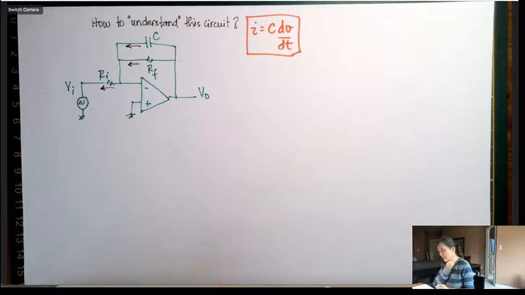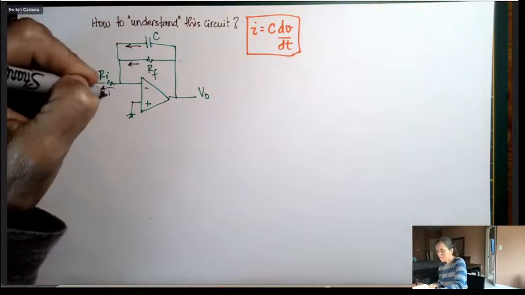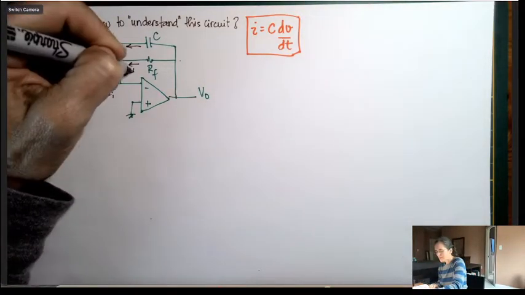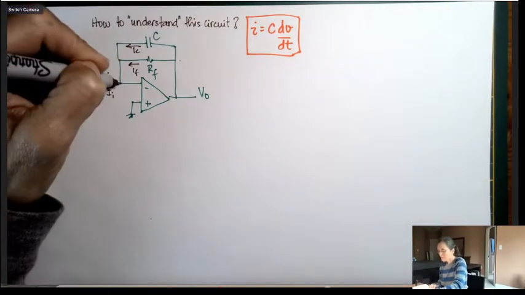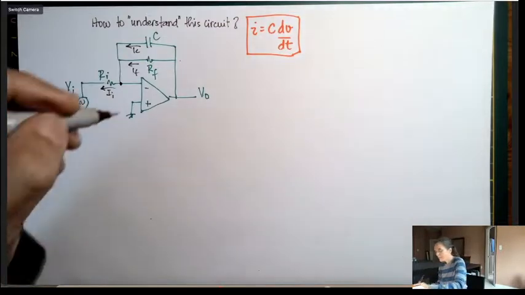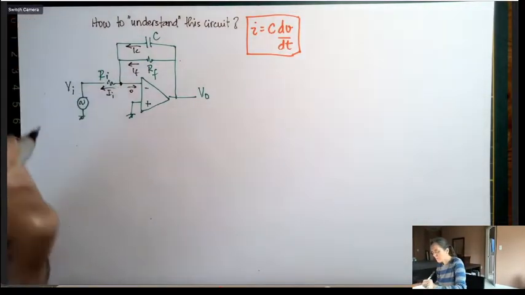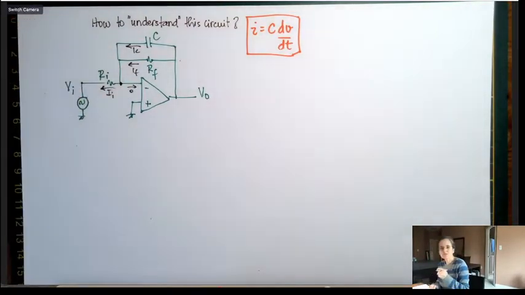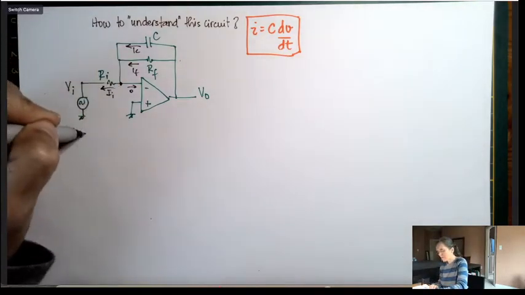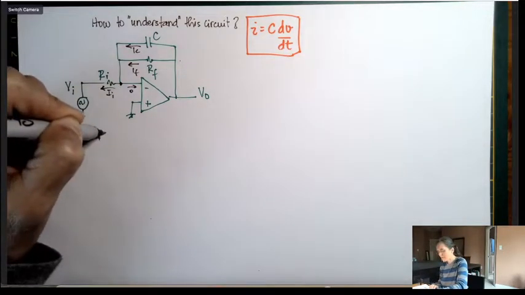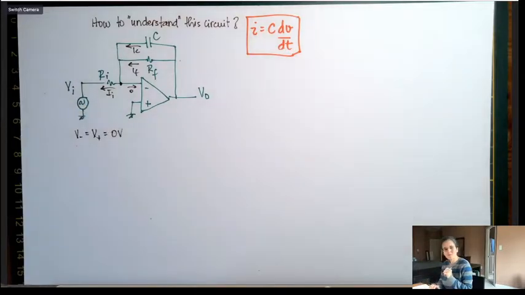And for the first time, we're going to use differential equations, or I'll stop at the point that you should know from Math 214. I'm going to call these currents I_I, I_F, and I_C, and I'm going to use KCL here. And as we know from op-amp rules, these currents into the op-amp are 0. And this voltage on the negative side is the same as on the positive side, which is 0 volts. So it's like a